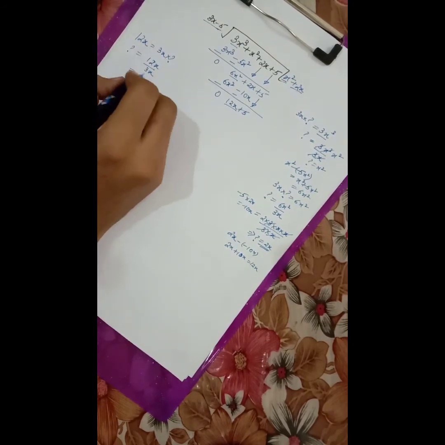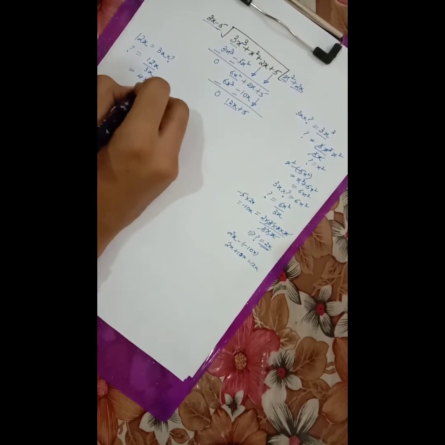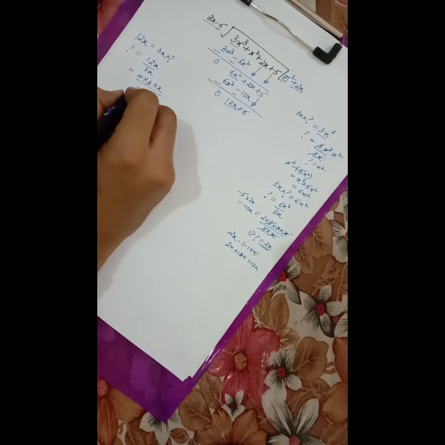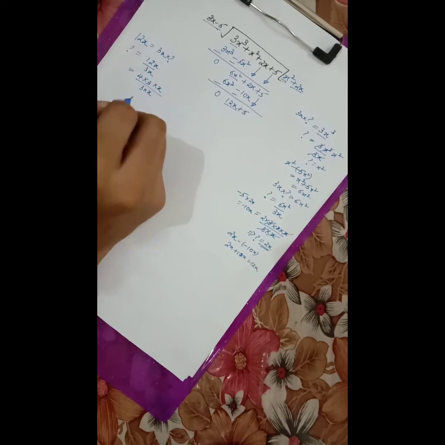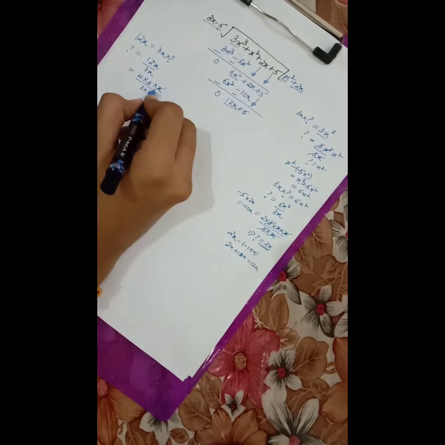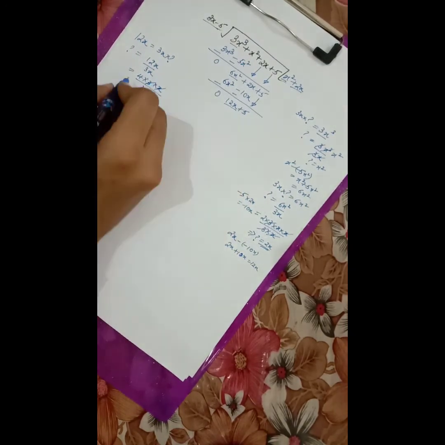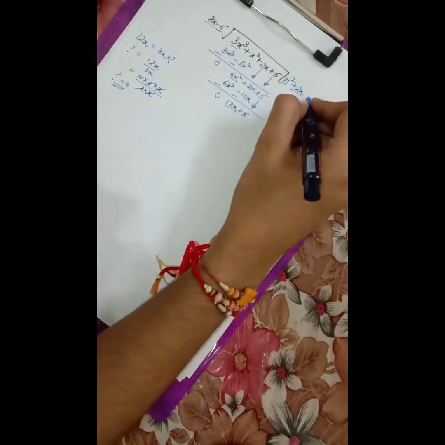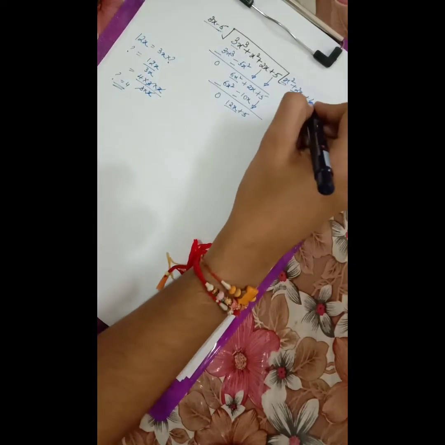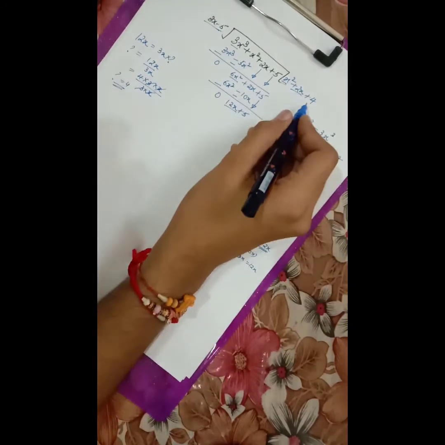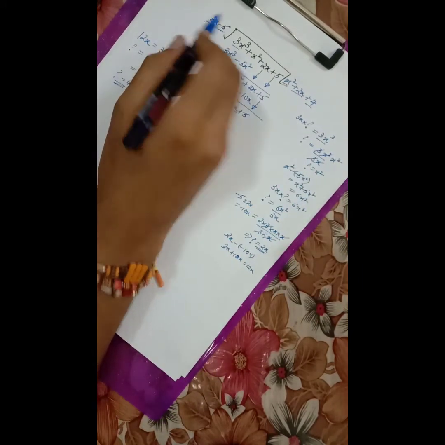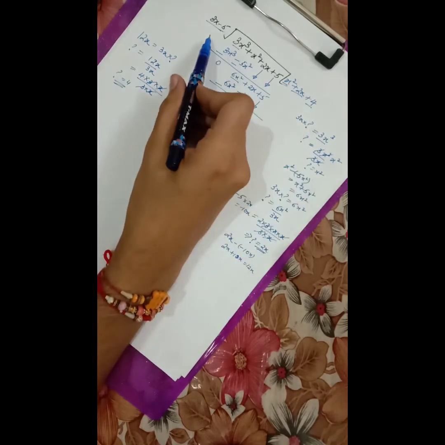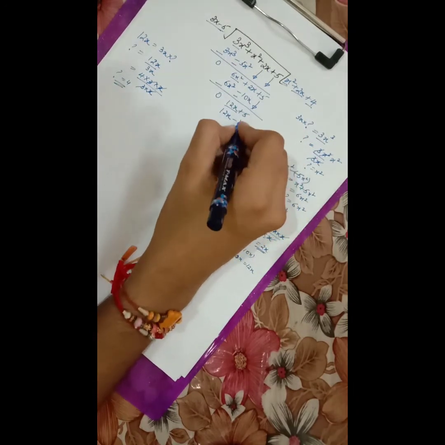Now 12 can be written in the factor of 3, which is 4 multiplied by 3 and multiplied by x, which gives us 12x, and 3x can be written as 3 multiplied by x. So the terms cancel out and we are left with the 4. So the question mark will be 4, which is positive. So now we are going to write it here, that is plus 4. Now this plus 4 when multiplied with 3x gives out to be 12x. Then this plus 4 when multiplied with minus 5 gives out to be minus 20.